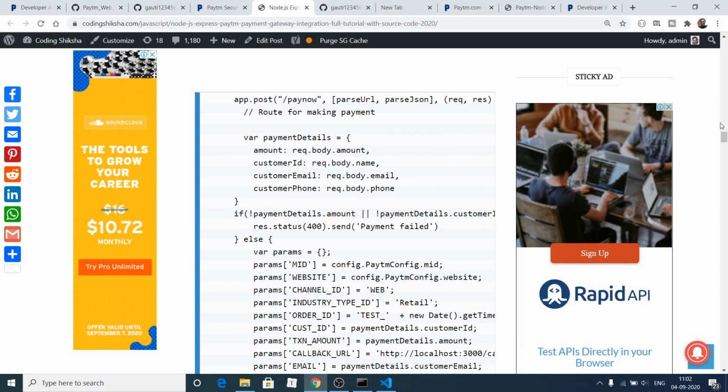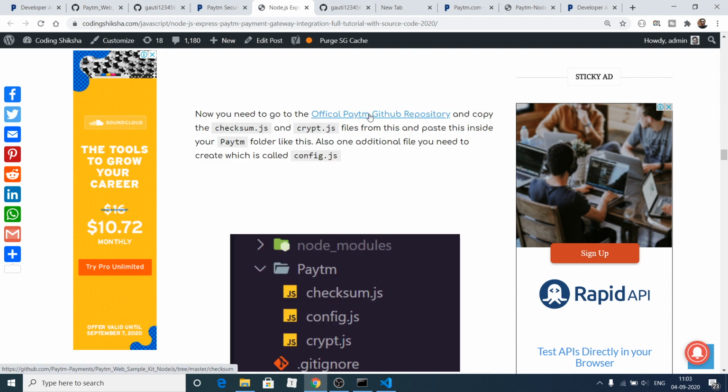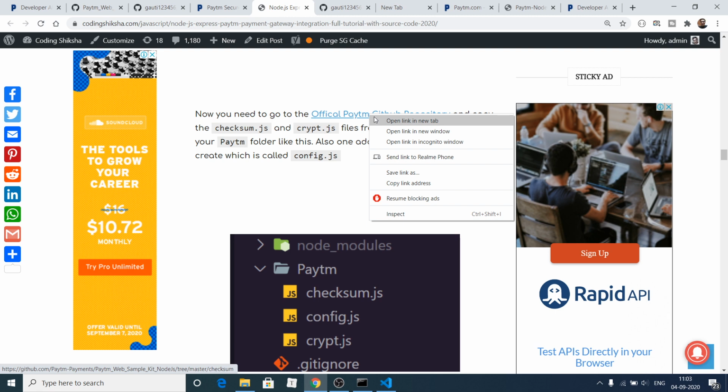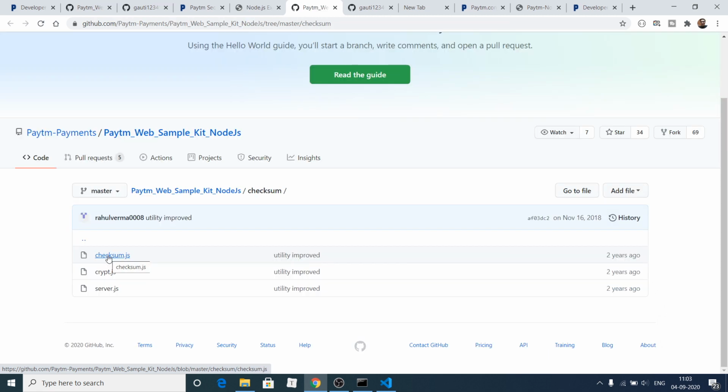And now we need to get some files from the Paytm official GitHub repository. I have given the link in the blog here. So open this link, and you will get to this GitHub repository of Paytm. These are the files that you need to copy. First you need to create this checksum.js file and copy this code here.